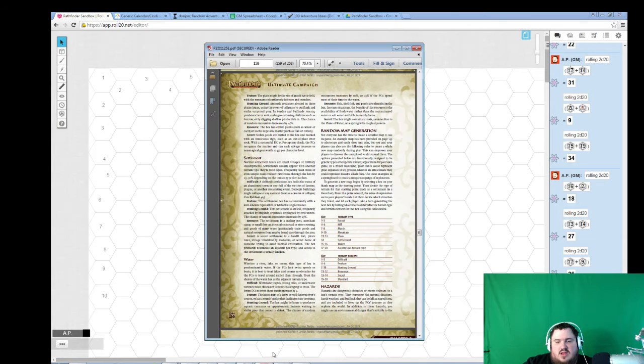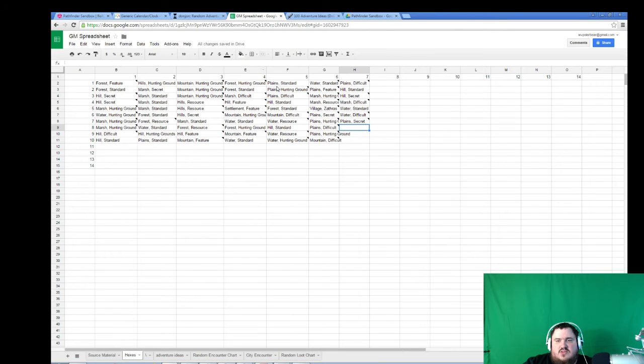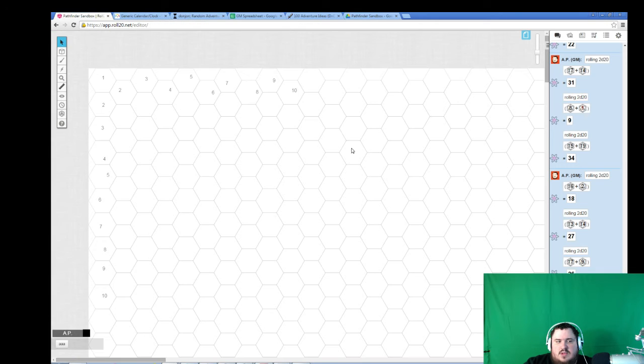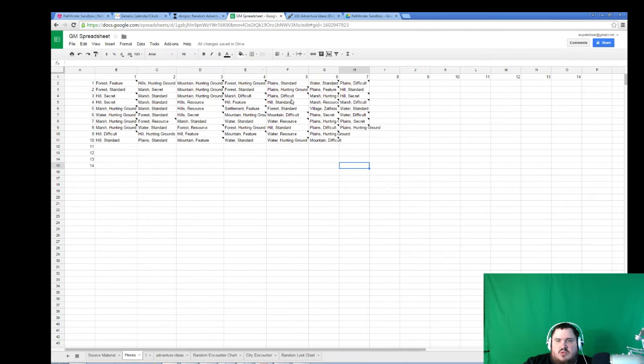17 and 9. It's Plains with a hunting ground. That also has its own unique properties. Ambush predator. 10-10. Mountain hunting ground. More banditry, more attacks. And finally,